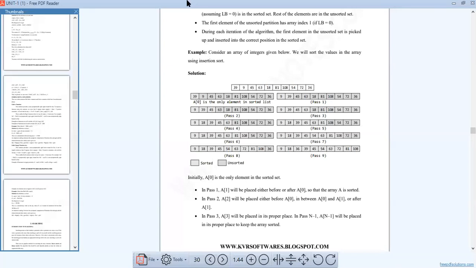Shall I repeat? Okay. I'm taking a simple example.